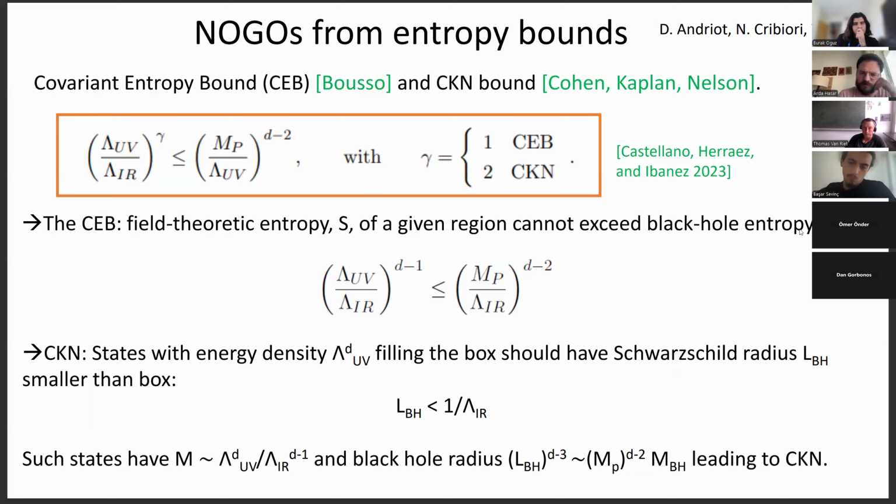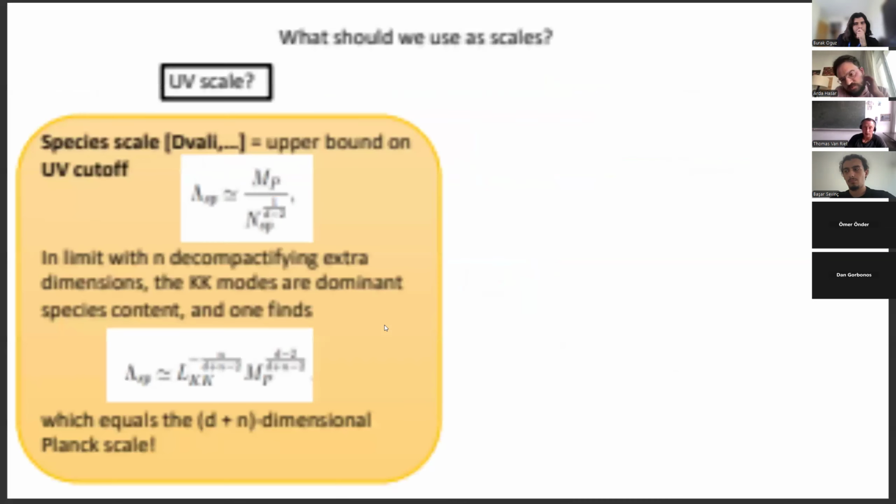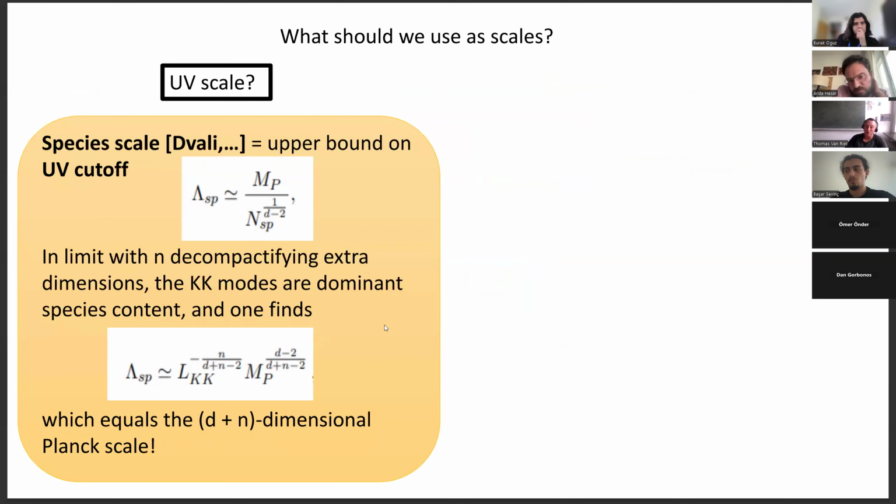Yeah? All right. Can I ask something? Yes, of course. Is there a relation between this lambda UV and the species scale? Yes, I will get to that right now. Thank you for the question. Yeah, it's a very good question. So indeed, it's non-obvious. Like, what do you mean with cutoff scale? What do you mean with IR scale? These are non-trivial questions to ask, and that's usually where all the discussion is when we start applying those bounds.